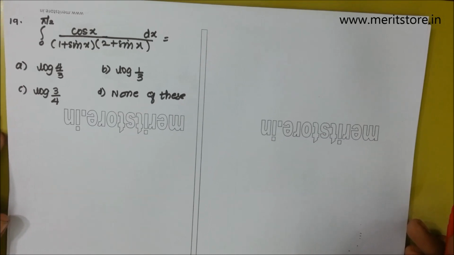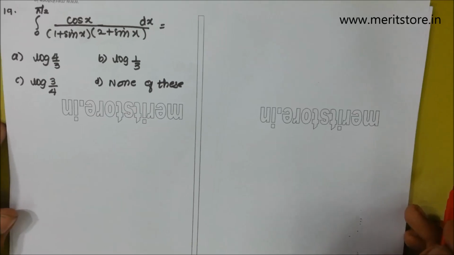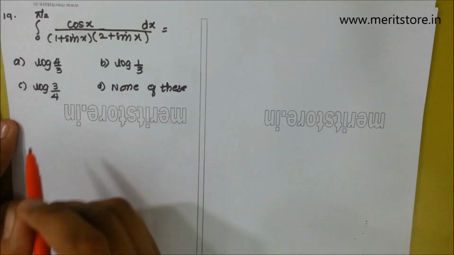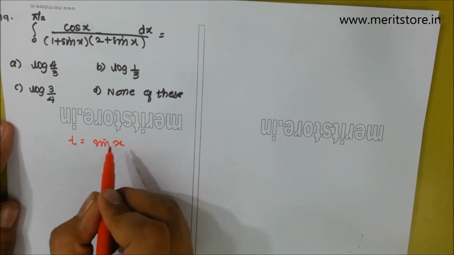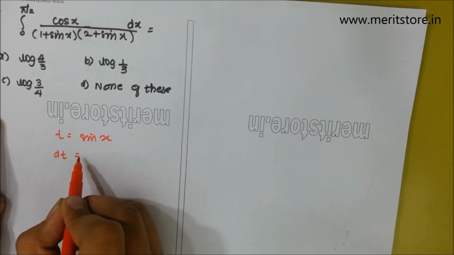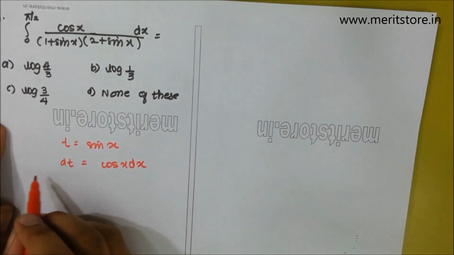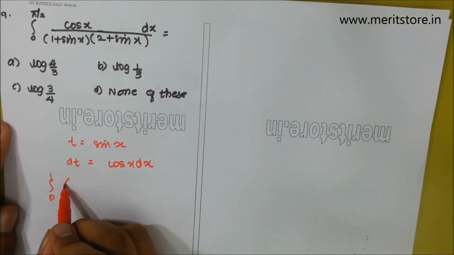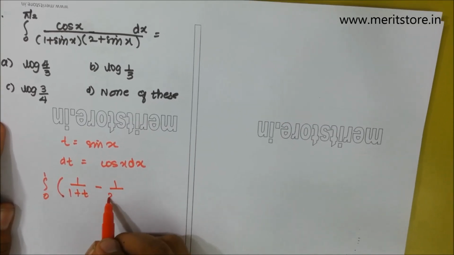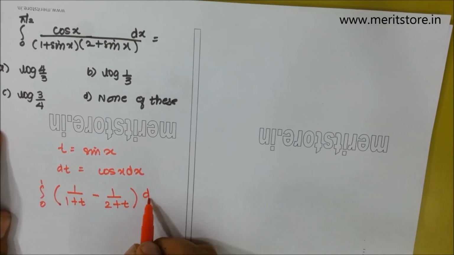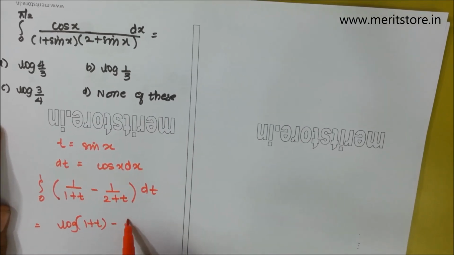Question 19. Integration from 0 to pi by 2 cos x upon (1 plus sin x)(2 plus sin x) dx is equal to. Now to solve this question, we can use integration by substitution, that is t is equal to sin x. If you put t is equal to sin x, differentiating both the sides, we get dt is equal to cos x dx. Now reducing this equation, we are left with 0 to 1, 1 upon 1 plus t minus 1 upon 2 plus t dt,